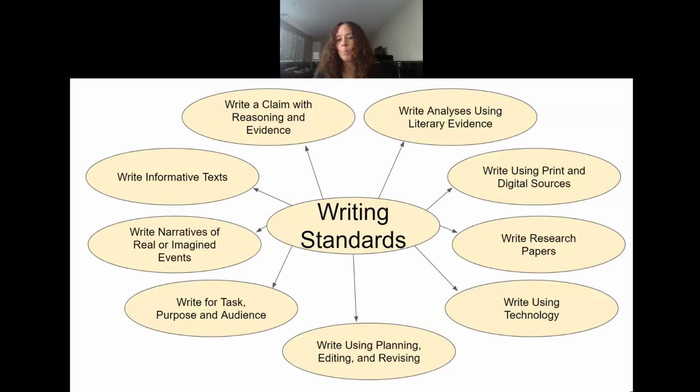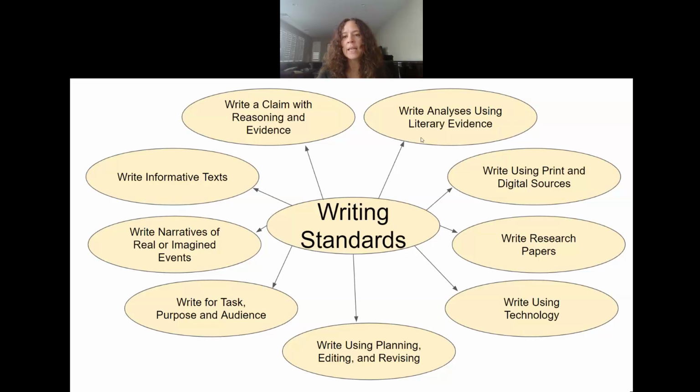Okay, so both print and digital sources, although it's becoming more and more frequent that people mainly use digital sources because now you can look up textbooks online as well. You don't have to have a hard copy of things. But I think what they mean by print and digital is some people write things only on the internet, and other print sources were first printed in a book and then they were posted on the internet. So basically you want to have kind of a combination of those two sources when you're using evidence.